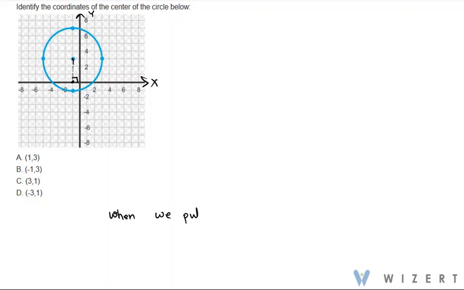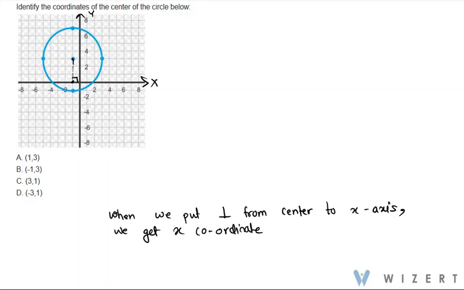When we put perpendicular from center to x-axis, we get x coordinate as -1. And similarly, when we put perpendicular from this center to y-axis, we get y coordinate, and that is